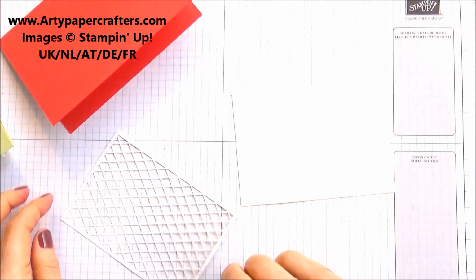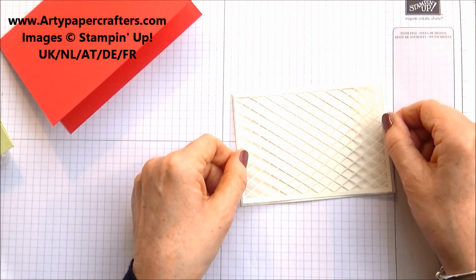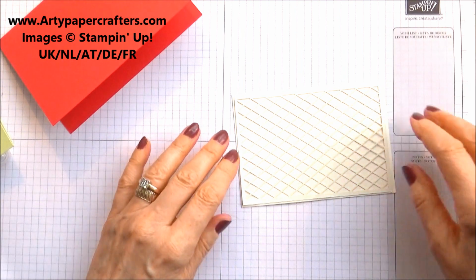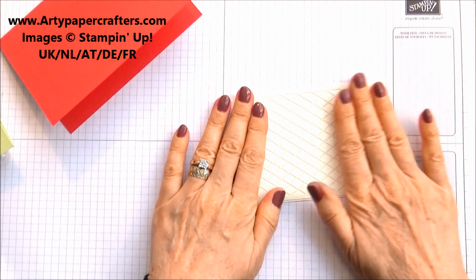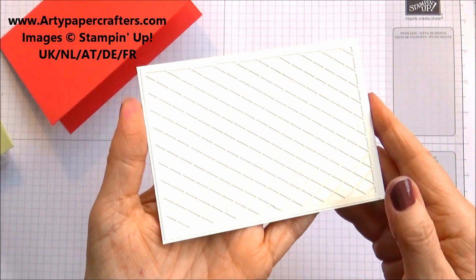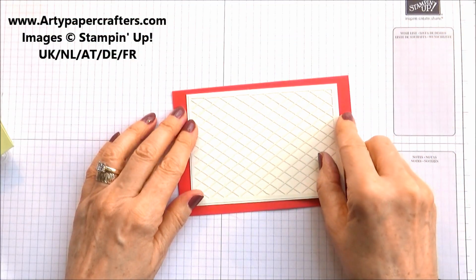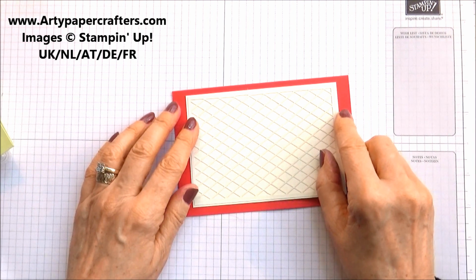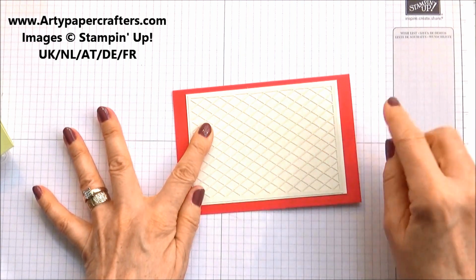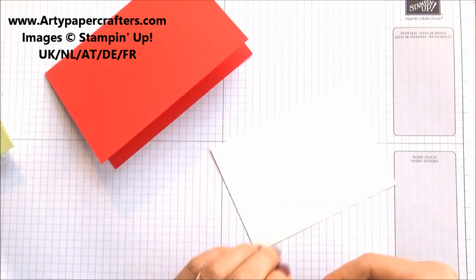That's that. Right then, so let's stick this down. And I've done it so that I've got about 1/16 of an inch border all the way round. So that's that done, and you can see how beautifully that layers and creates a beautiful pattern. And then we're going to layer that onto our Poppy Parade, and I've done it with quite a border on the outside edges today, mainly because I just didn't want to cut a sliver off my cardstock